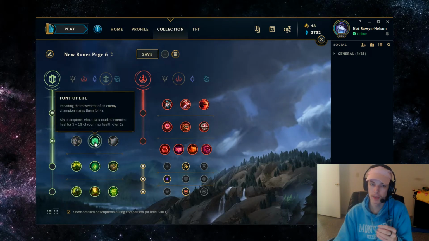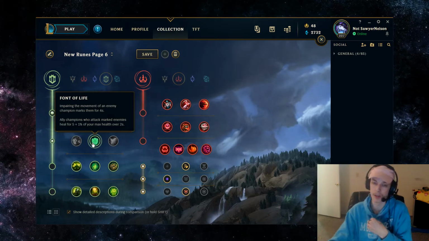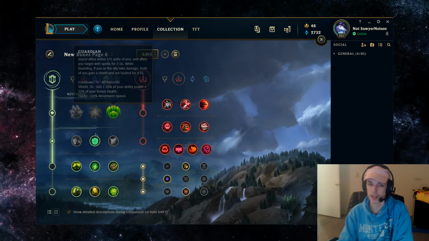Impairing the movement of an enemy champion marks them for 4 seconds. Allied champions who attack marked enemies heal for 5 plus 1% of your max health for 2 seconds. So anytime you hit your Q, anytime you use your W, or even land the ult onto enemies, you're going to mark them, and this helps your ally, mainly your ADC, be at a little bit healthier HP value in the laning phase,